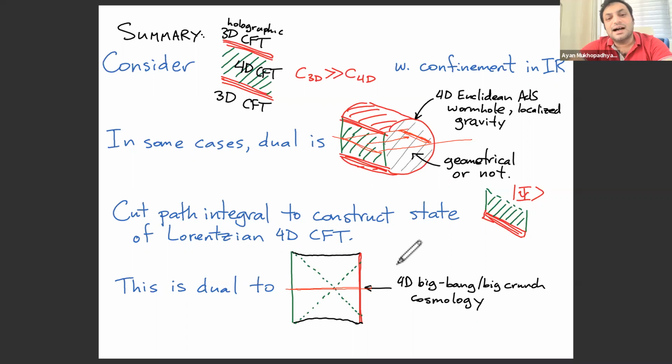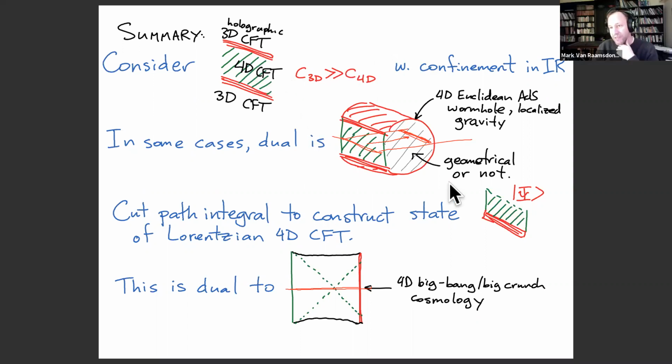I see. But of course, this is a very specific assumption, because time symmetry itself is a very strong assumption, irrespective of whether there's a big crunch or not, right? We can have an asymmetric one. That's right. Okay, but the other thing is, is there any statement you could make about entanglement in the first context? Say I take the entanglement between the two 3D CFTs, and that turns out to be some sort of correlation between past and future here. Is there some way one can make a comment here?